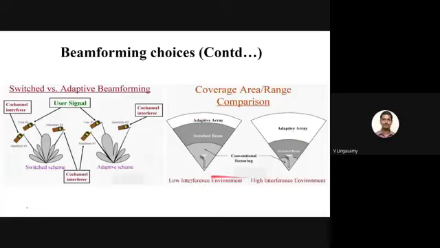If you look at these two diagrams, the adaptive array coverage range does not get affected, whether it is a low interference environment or a high interference environment. Because you are going to send a null to the interferer, and you are going to send the beam to the desired user. That's all. Whereas here, in the high interference environment, you can see that the conventional sector coverage range